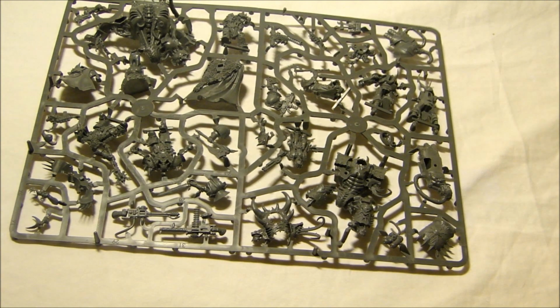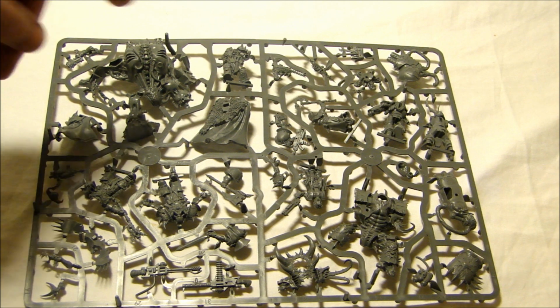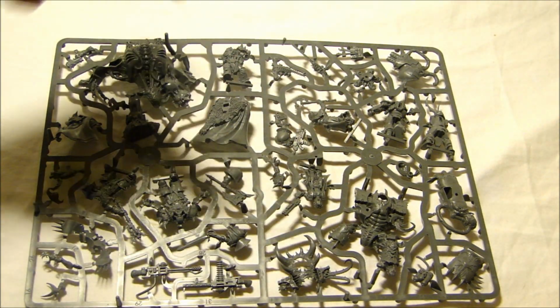All right, well, let's get to the sprues because I know you're very interested in that. And here's the big one. This is the Hellbrute, mostly Chaos sprue. As you can see, he's a chunk of parts. It's about 6 different parts: front torso, back torso. There's the